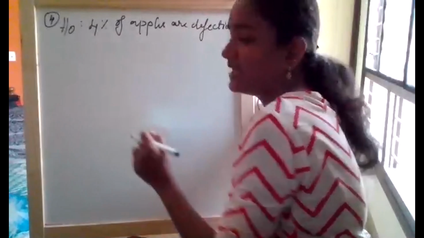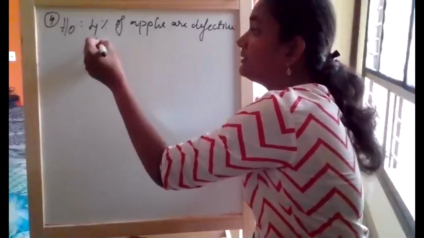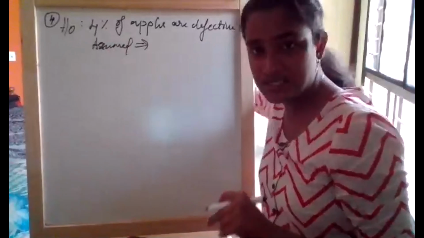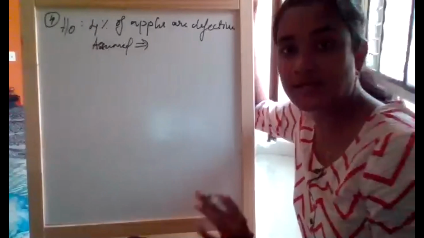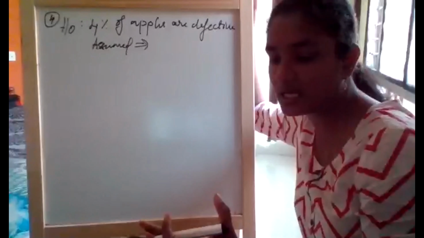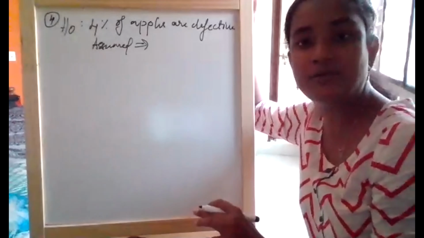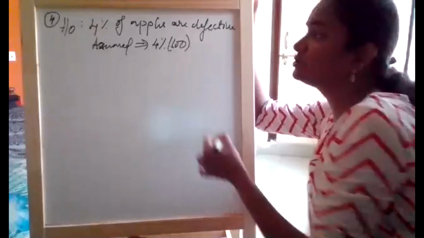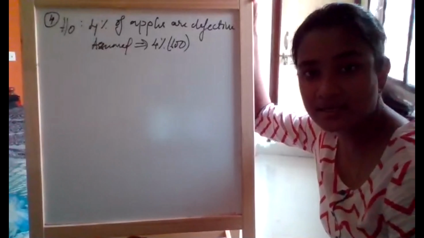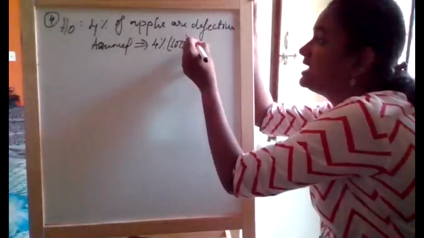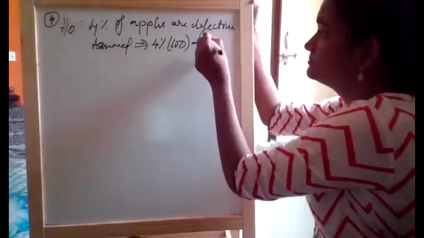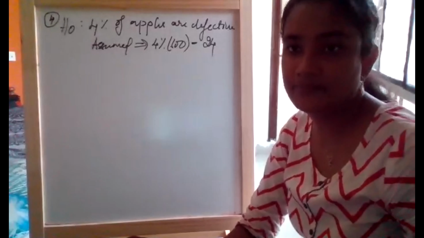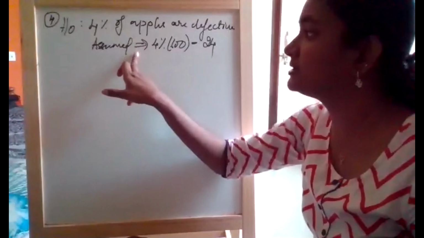So now, what is our assumed value? I need to find out the assumed value from this statement here only. Girls, whenever you are taking a null hypothesis, whatever you can extract, you need to extract then and there, because later you will be getting confused or you will be missing out that particular value. So now 4% of 600 apples, the total number of apples is 600. So what is the assumed value? 24. 24 apples are defective according to the wholesaler. So this is our null hypothesis.